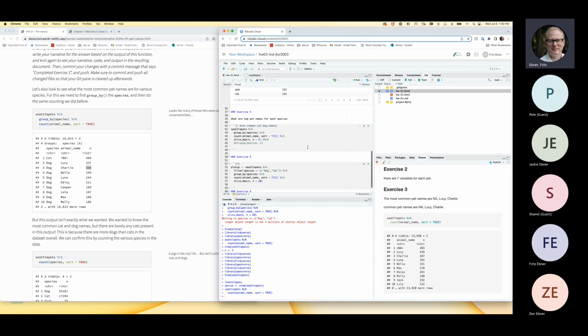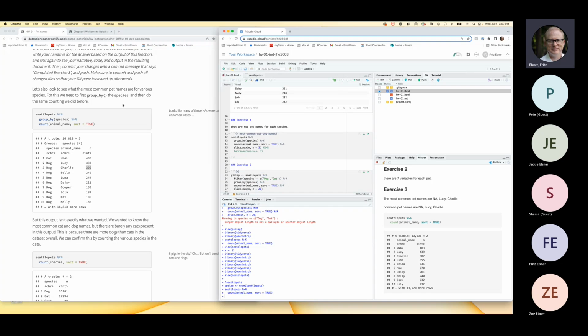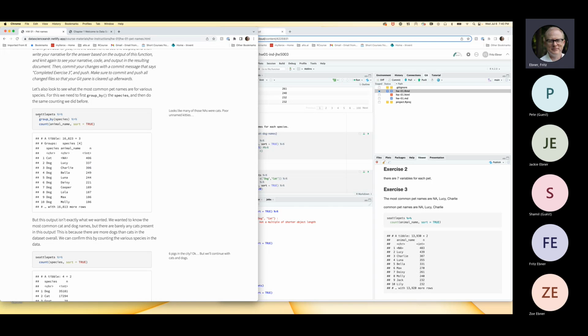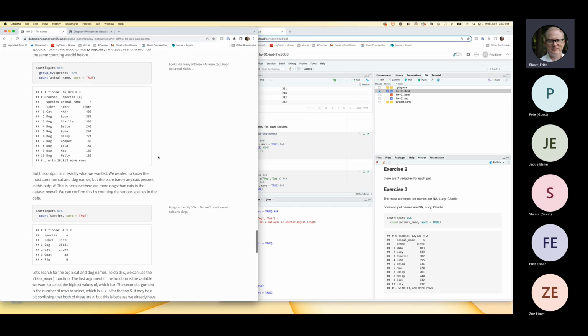So let's see, that's this guy. I got a little bit ahead of myself, I think. So I could just do that count and I'll get this data out. But then it goes on and says, well, gosh, it's not what we wanted. What we really want to know is what are the most common cat and dog names? And so we want to do this extra thing, which is,